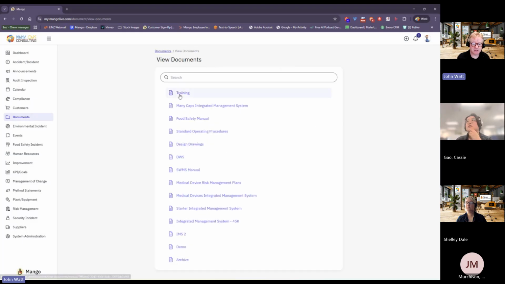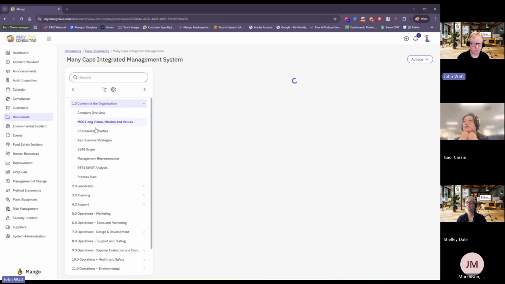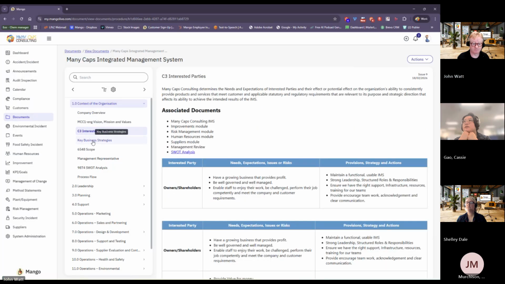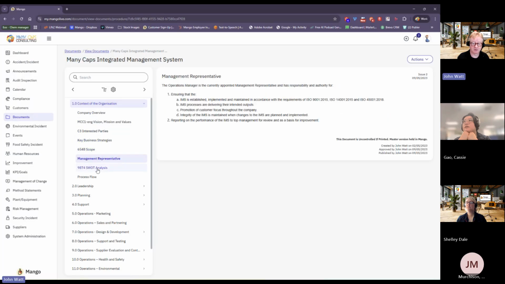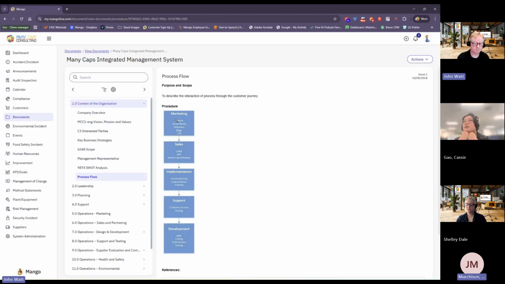Each one of these is its own physical manual. So think about it as a ring binder. If I click on that, it'll open up the ring binder, and then I've got all my different sections. And in there, I've got all my policies, all my procedures, for whatever I want to have. I can have whatever I want. So is it a bit like a Wikipedia type thing?